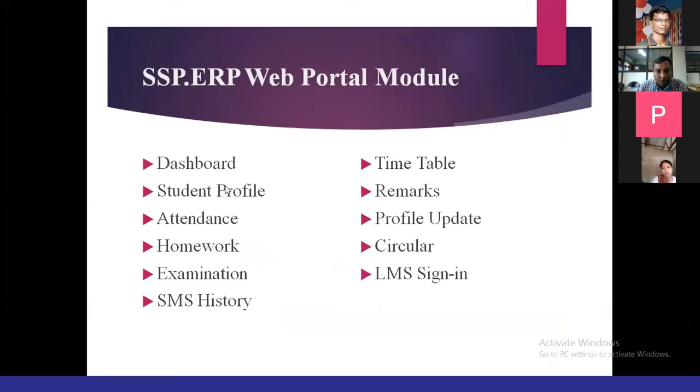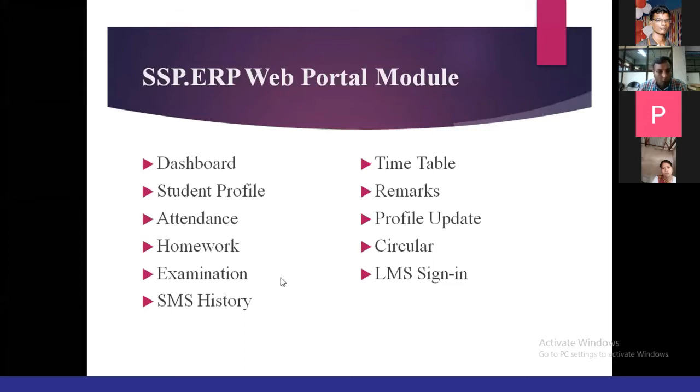And we have the remarks and the profile updations. The profile updation we have given for certain schools in which the parents themselves can edit the name or certain fields the institution wants. They can also give the info telling that my student's name is wrong, so please update this spelling. They can suggest, but they will not be able to enter it, and it will not be reflected directly. It has to go through a protocol telling that the name of the student is being updated wrongly. It will give an update to the admin team in the school, and they themselves will allot yes or no for it.